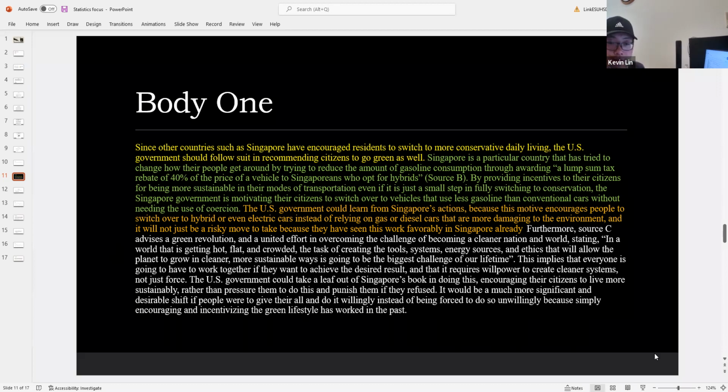So let's say, I'm just going to type this arbitrarily, right? Let's say at the end of this essay, I wanted a nice pro-green conclusion paragraph. My first sentence might be something like this here. I might write something like,